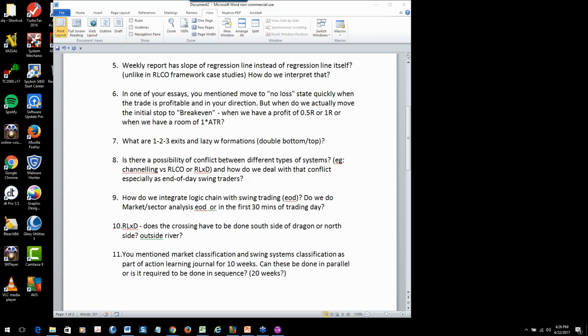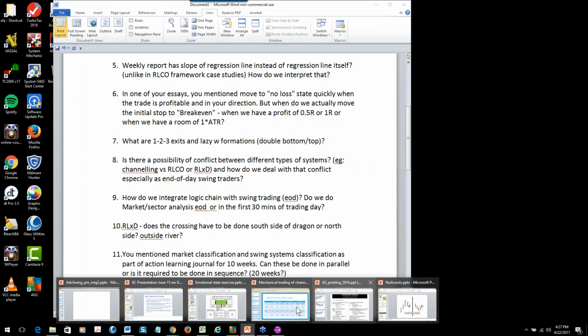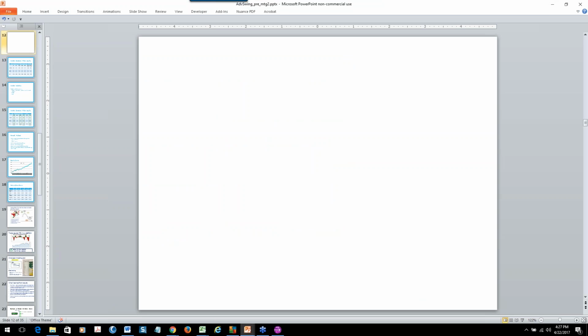Find the ones that resonate the most with you, and then concentrate on taking those patterns and see how they perform. Then what you'll find is that the ones that are the most difficult for you to take would be the ones in which you would be trading in the other direction. Let me give you an example of that right now. In fact, we just saw an example of what could be a conflict. If price does this and gives us that lazy W,